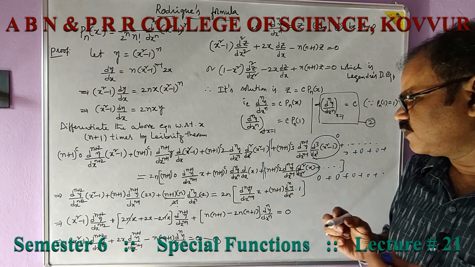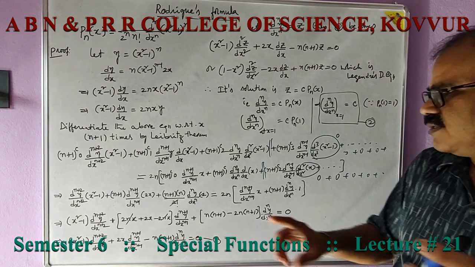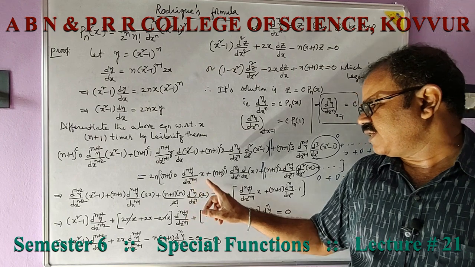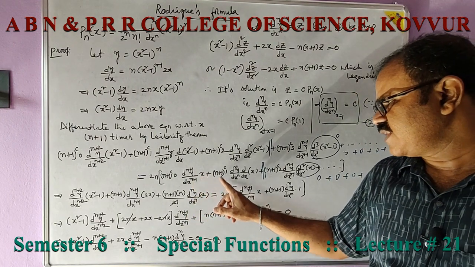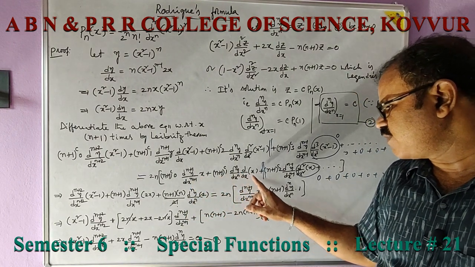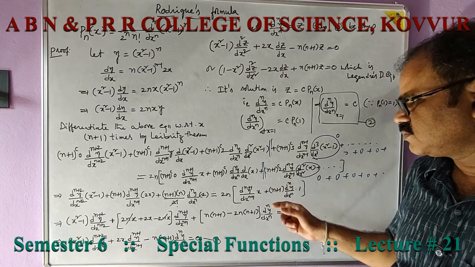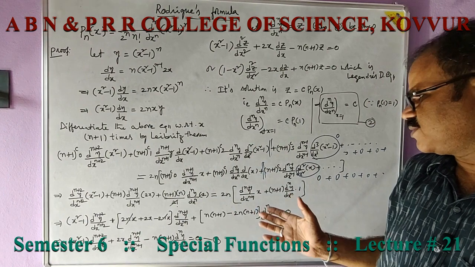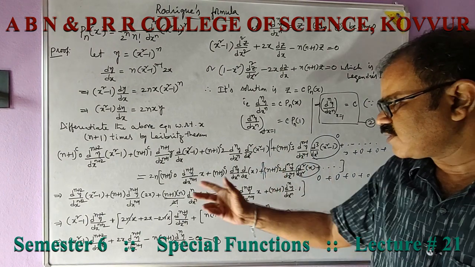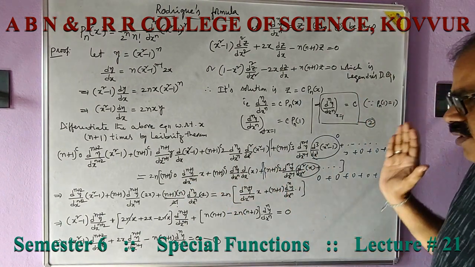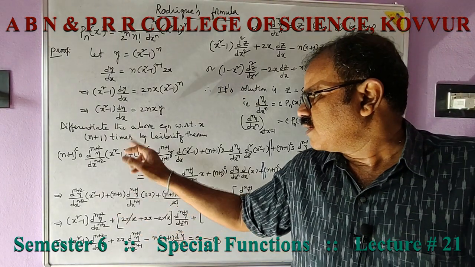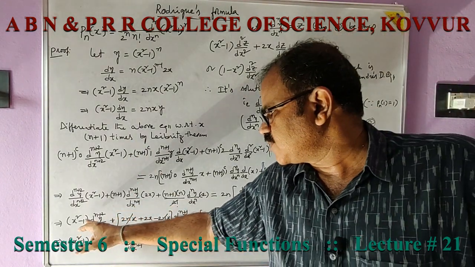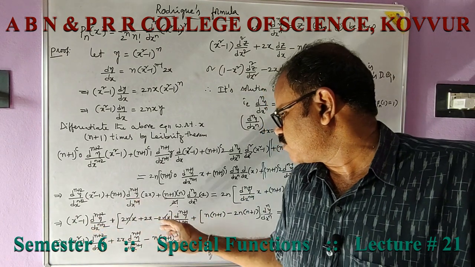We stop with this. 2n into nth derivative of y, n plus 1th derivative of y into x, n plus 1 into nth derivative of y into 1. So only two terms exist. Here 1, 2, 3 terms exist, remaining all are zeros. Here 2 terms exist, remaining all are zeros. Therefore the above equation becomes like this, simplifying which we have x square minus 1 and all this.